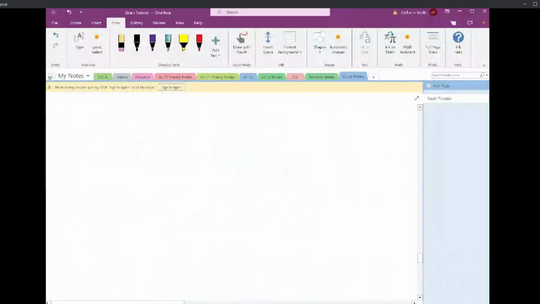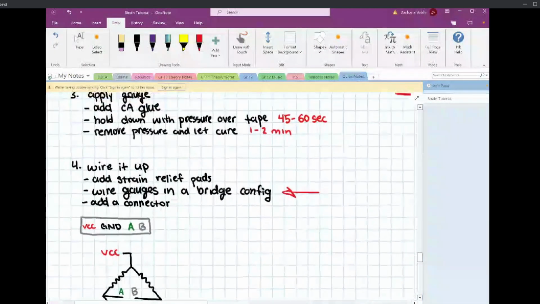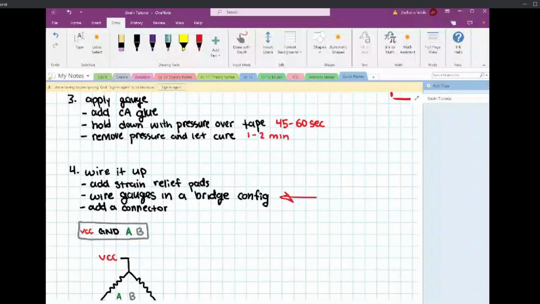So that's what these relief pads are. And then usually, up until this year, we haven't added connectors to the tubes themselves. Because you'd be like, oh, why do the tubes have connectors? That's a weird thing to do for a mech kid. We've just had 4-foot wires coming right off the tube